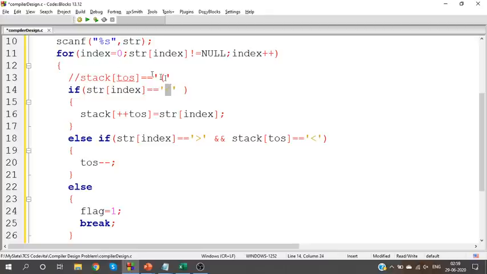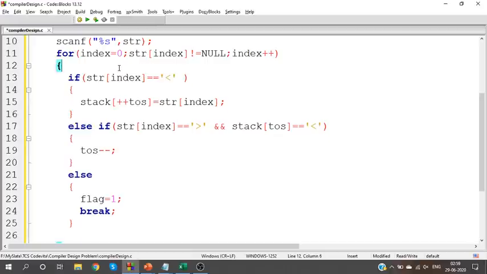So when can you push the angular bracket? If it is not a round bracket, we can push the angular bracket. To push this angular bracket, ensure that we don't have a user defined function. Clear? To push the angular bracket, ensure it is not a user defined function. Then we can push the angular bracket. Okay. Next case.